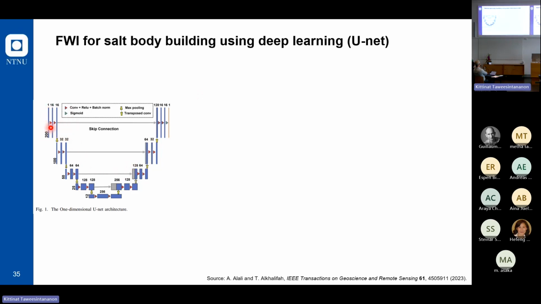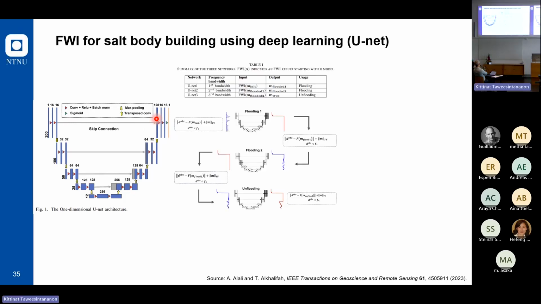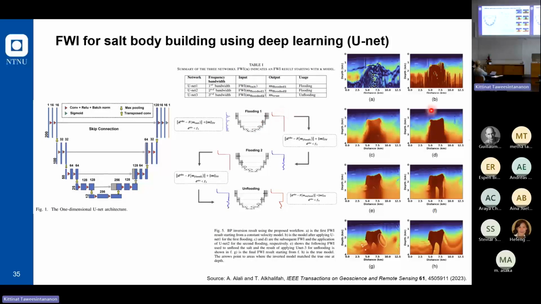They contain a lot of convolutional neural networks, and have some criteria between passing from the current layer to the next layer, before outputting the prediction. And they have three successive UNet networks with different purposes for solving the flooding, and then